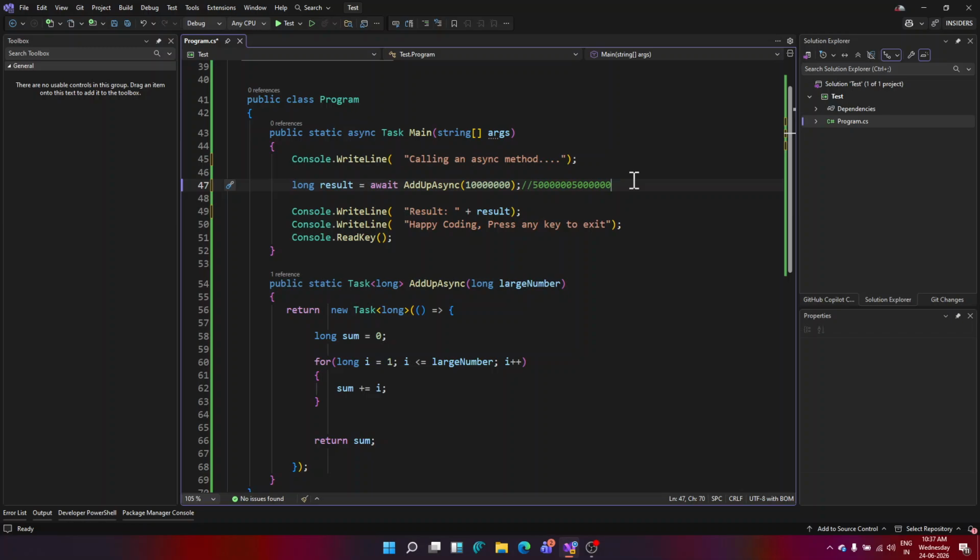What do you think? And is it going to come instantly? What will be the behavior? Calling an async method, and then you call this, and then what should go now? What should it be? Okay, let's run it and see what is the outcome, if I can really see that.